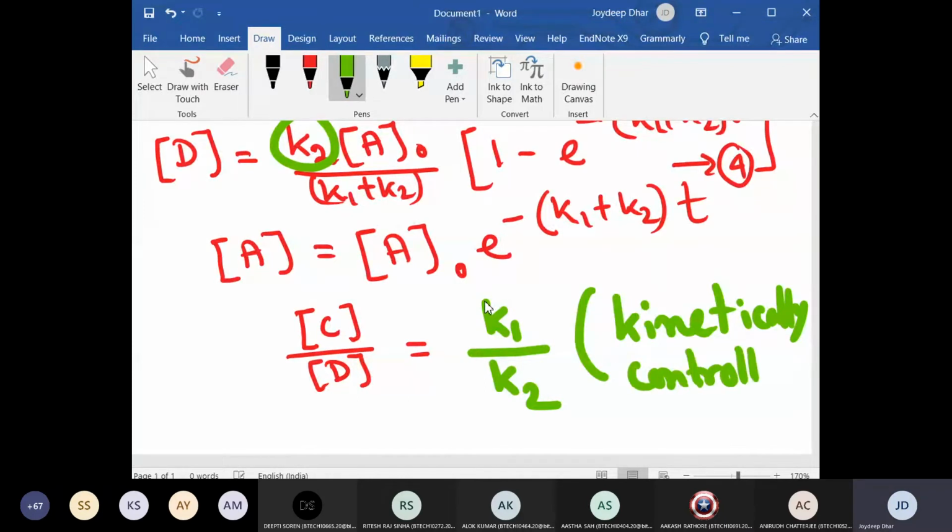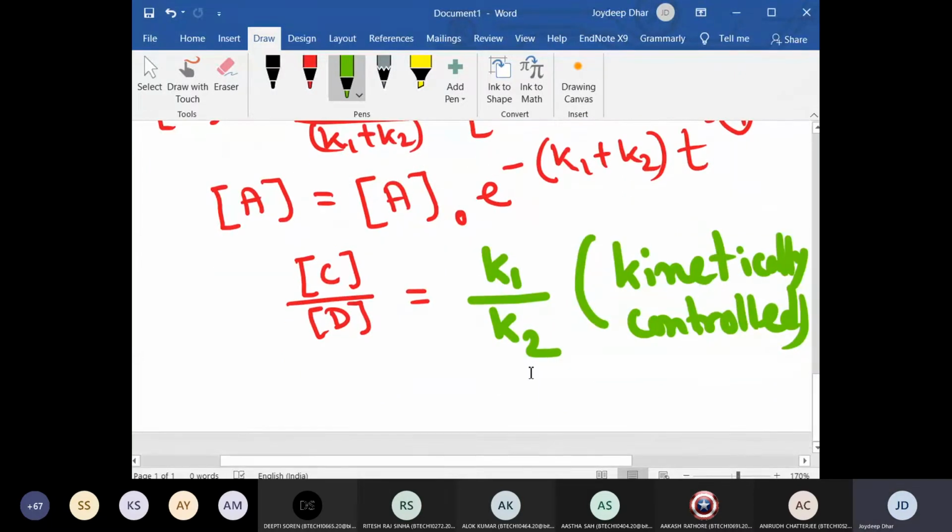Kinetically controlled. And another term you might have heard, thermodynamically controlled. What does it mean? So kinetically controlled means when rate equation or product formation is governed by the rate constant. How first two products are formed. So K1 and K2, these terms are depending on,